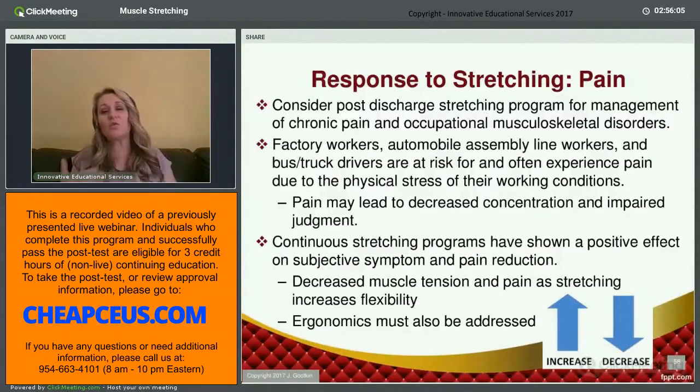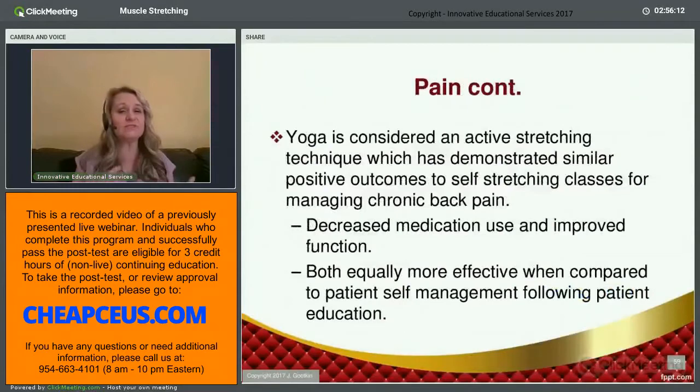So again, finding another way to tap into chronic pain through stretching might be something to consider if you're working with that population. It seems to have a benefit. And kind of linking this psychological with physical component, there's been some research considering yoga for this population. So looking at that active type of stretching technique, they were seeing that there are some positive benefits in individuals who have back pain. In considering those who had an intervention where they either just received a book about self-awareness